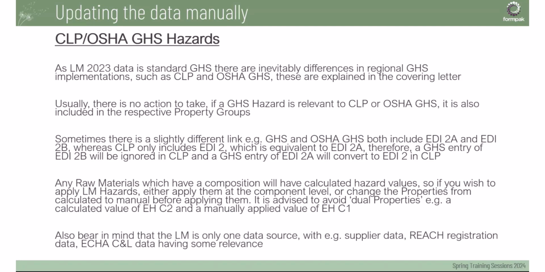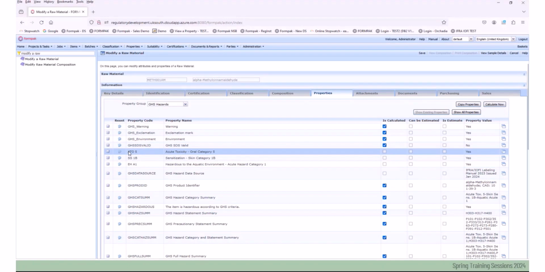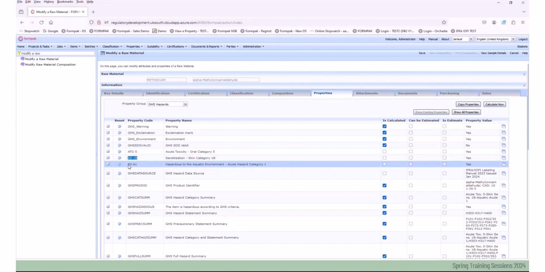However, if we take a look in Formpak, we can see here that we have ATO5,